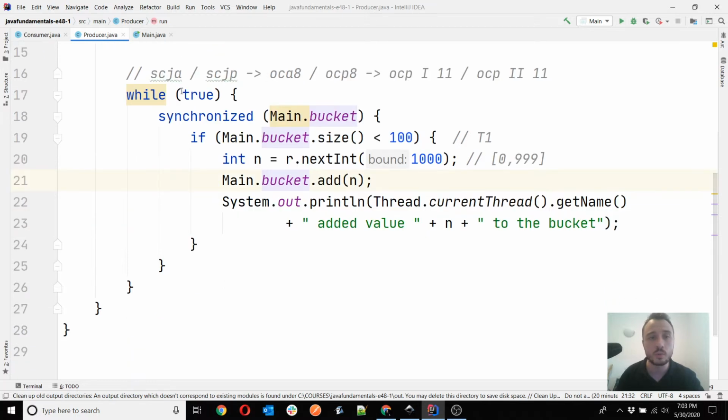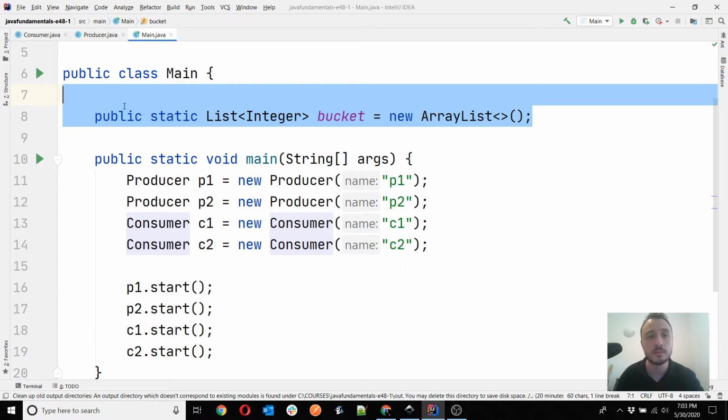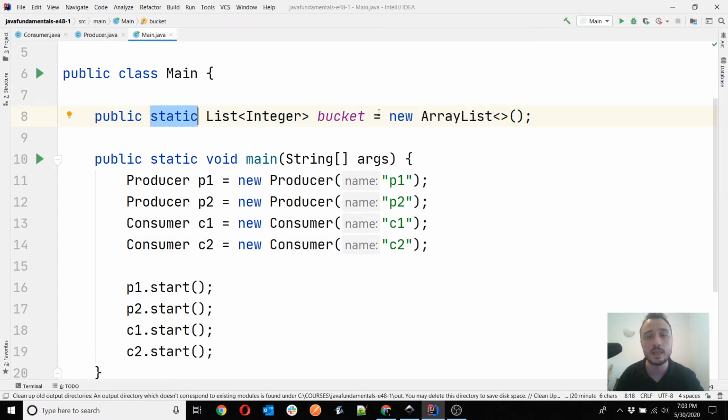You see here this while true, so it never stops. It only stops when you actually stop the application, and it tries to add random values to a list that we have instantiated here in the main class. So it's a unique instance. You see that the variable is declared static, which makes it unique in the class, and that's why we call this resource a shared resource of all the threads of the application.